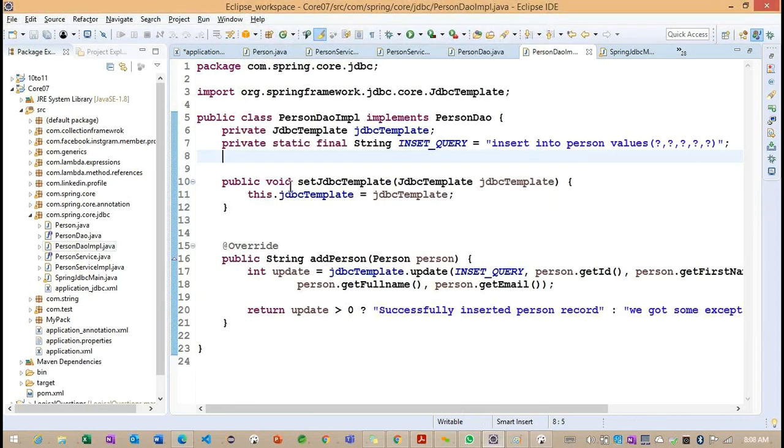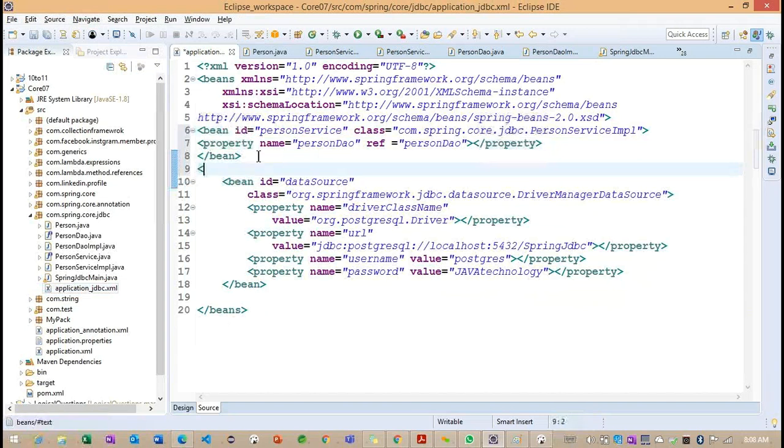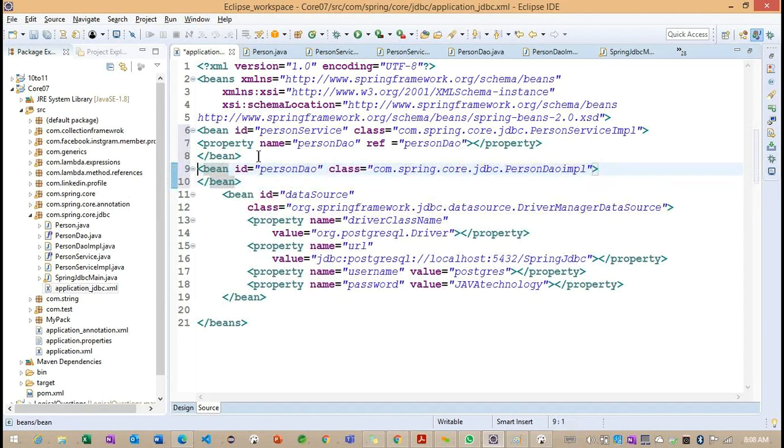Now observe we have setJdbcTemplate. Now we'll create one more bean here, person DAO, class equal to com.spring.co.JDBC.PersonDAOIMPL.